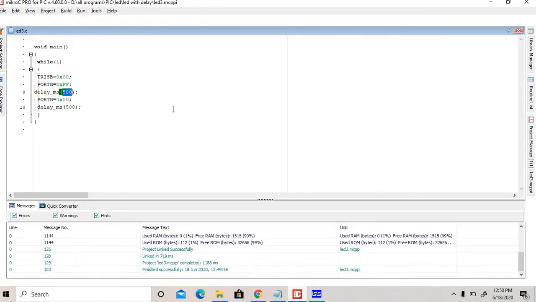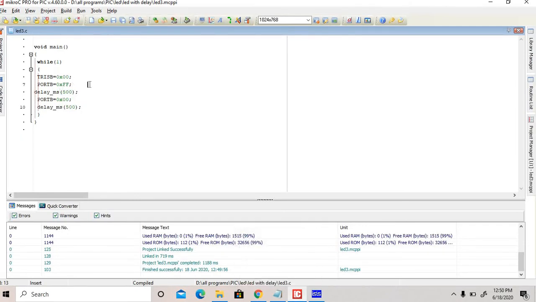Suppose we have to write code for 1 on 1 off, 1 on 1 off, means the code is 0xAA in hex. Otherwise all on.